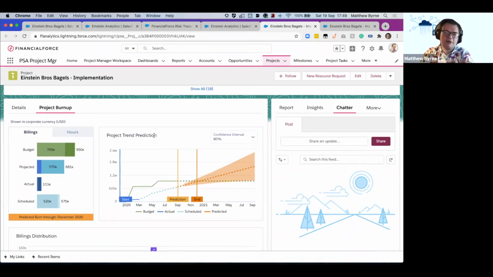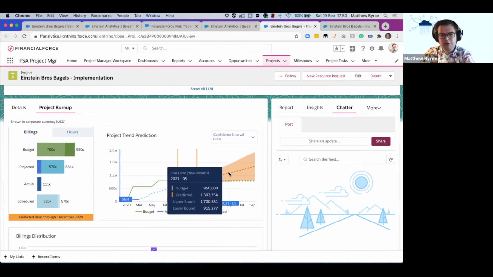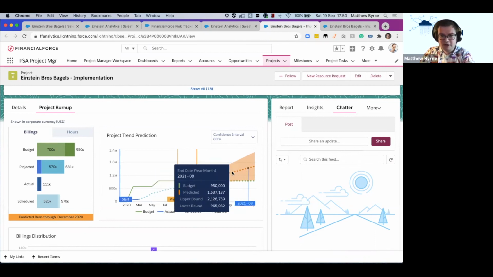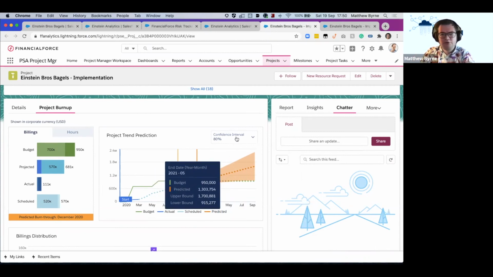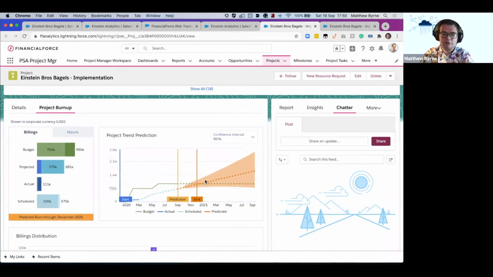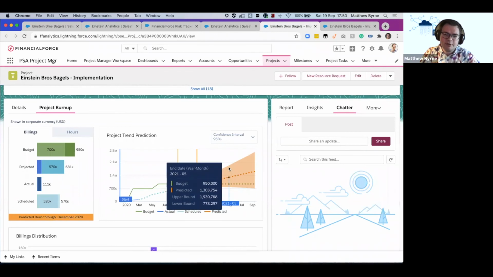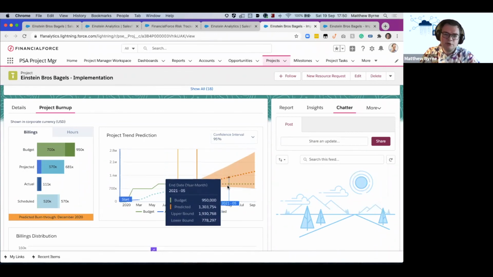Also, have a look at the trend prediction functionality if you've not used that. The way that we've worked with that is we've changed it slightly so that we've also got there an upper bound and lower bound. So that kind of stuff goes within more advanced techniques, but the techniques within Einstein Analytics will provide you with a predictive line going multiple months into the future, as well as a confidence interval as well. So a lot of people always ask me about the confidence interval. The confidence interval is just saying that we think that your billings are going to be within this particular range with a 95% confidence interval.